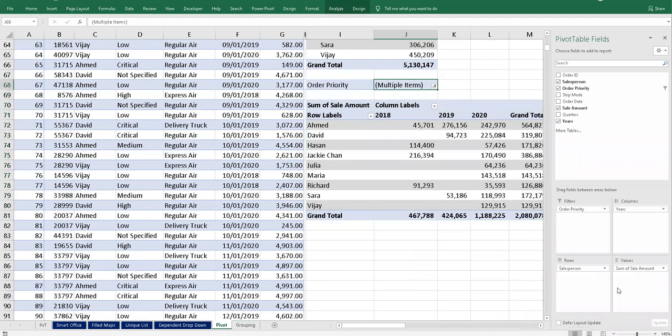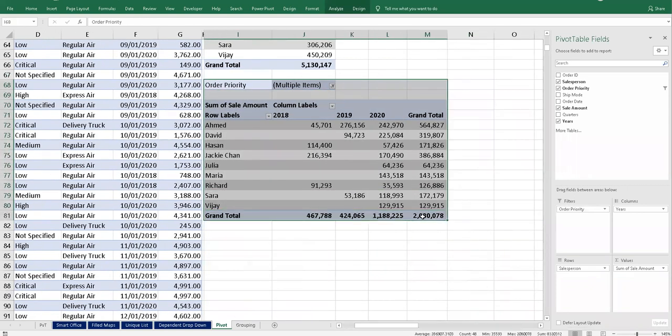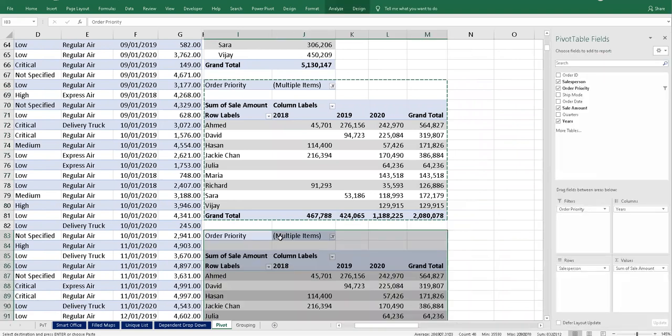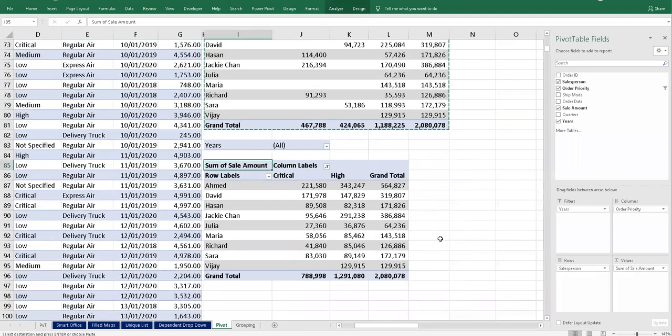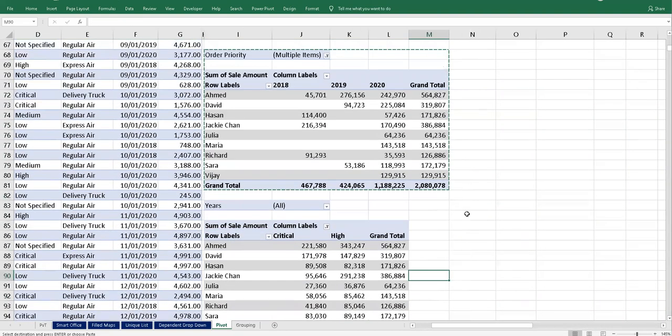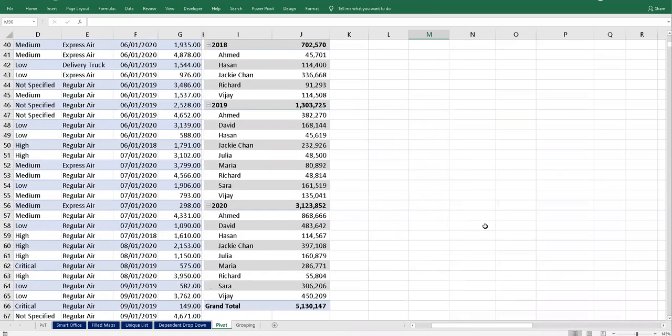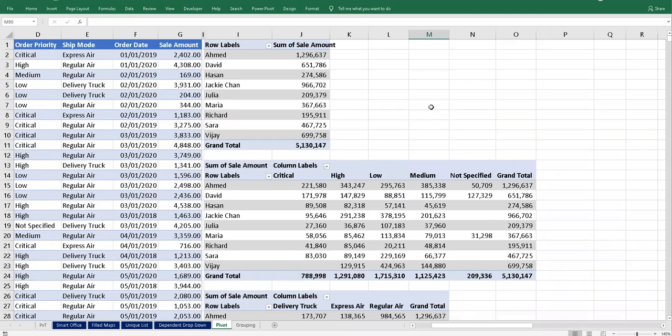If you want the year, I will apply the same information for the year: come over here, I will put the year here, and order priority here. See, you can change the format and layout of the reports, whatever the requirement, because management at times requires different views of the report.